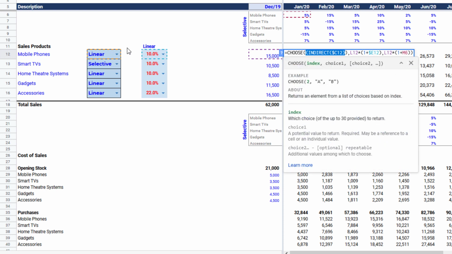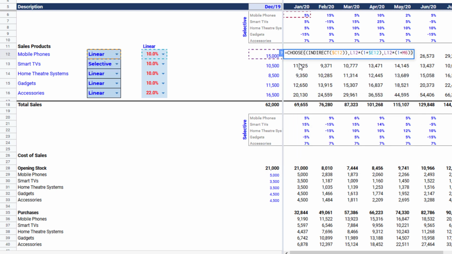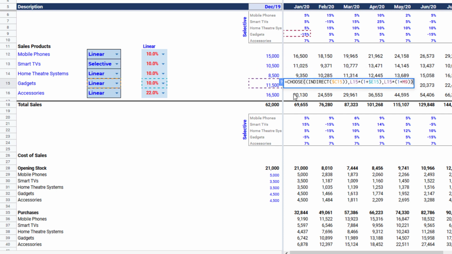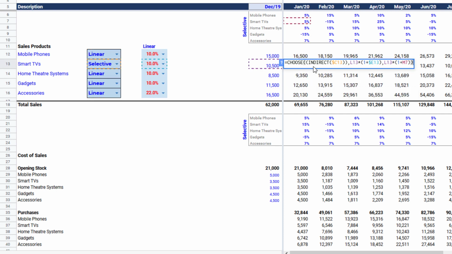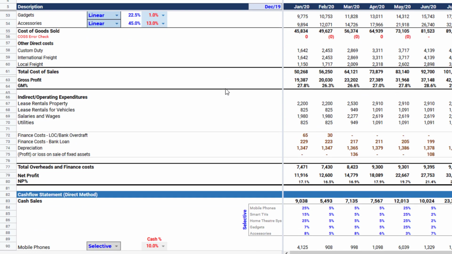So that helps in giving the same kind of feel and the same kind of dynamism for this particular financial model scenario. Even if you don't have the form controls, you can use this kind of trick to make the same effect, right? So everywhere, instead of giving 1 and 2 directly, I'm giving the indirect function like this, which serves our purpose, right? So that was the one change. Apart from that, everything else remains the same.